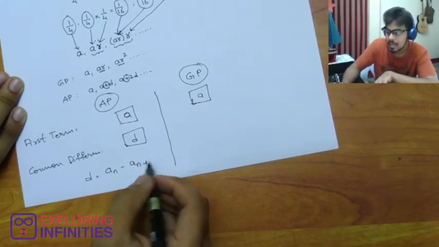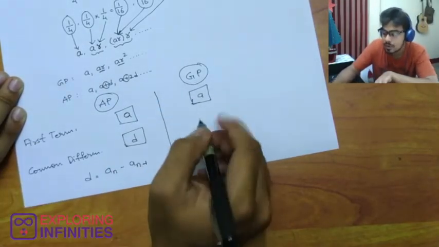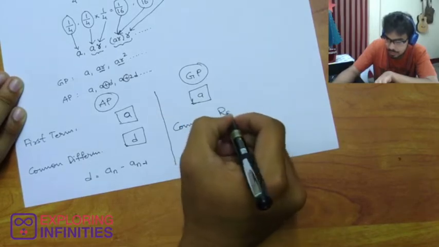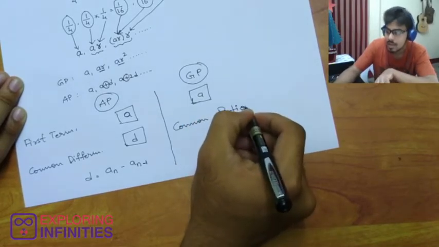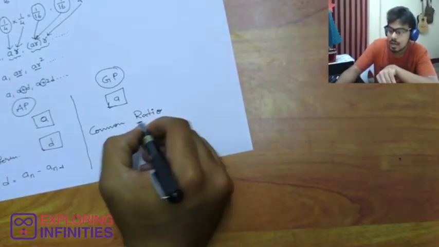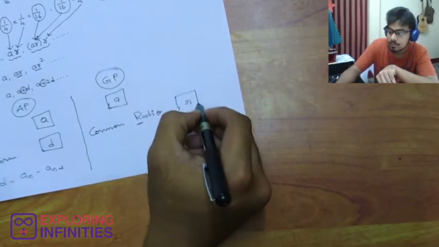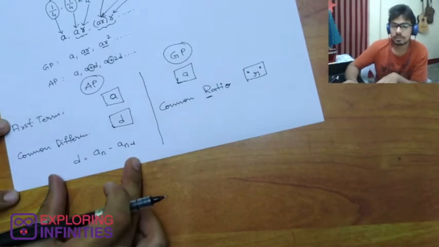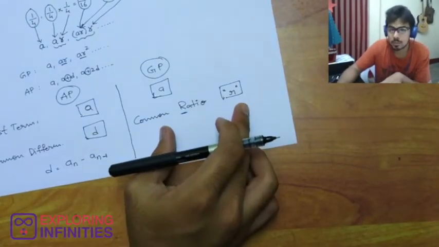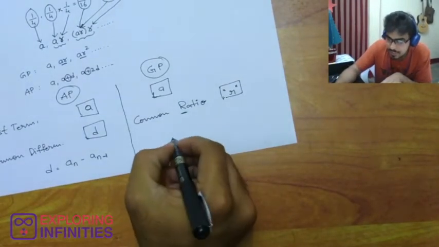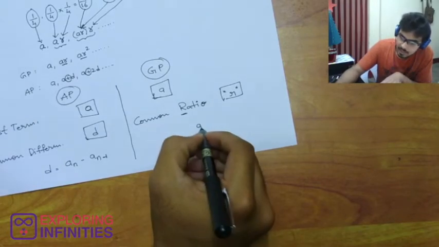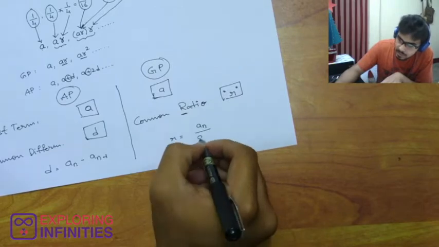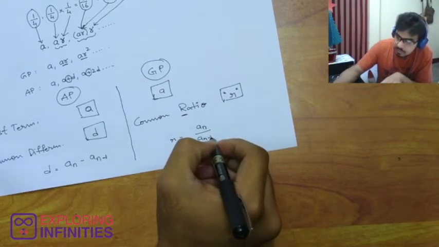Right? And there is something here also that is called common ratio. Alright, this is common ratio and it is denoted by small r. Cool. Yeah, this is common ratio. As arithmetic progression has common difference, geometric progression has common ratio. And you know how do you find it? You can find it by dividing a number by its preceding number, or dividing a term by its preceding term.